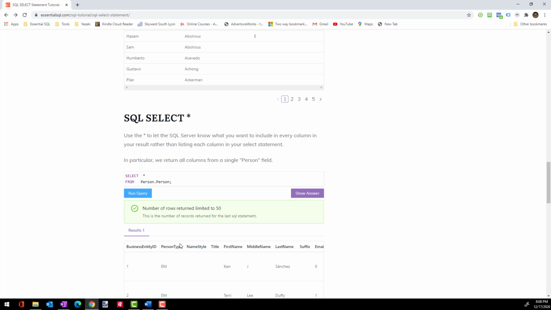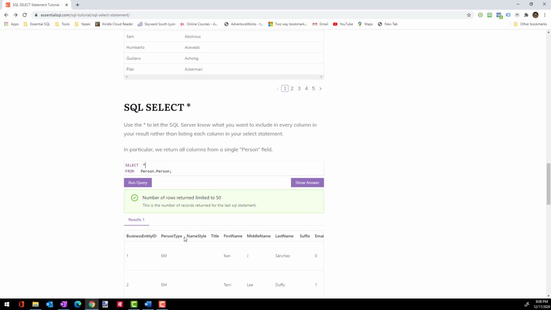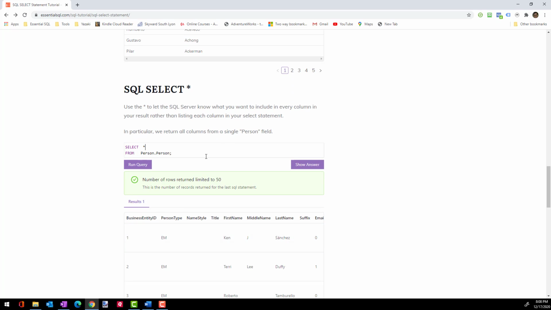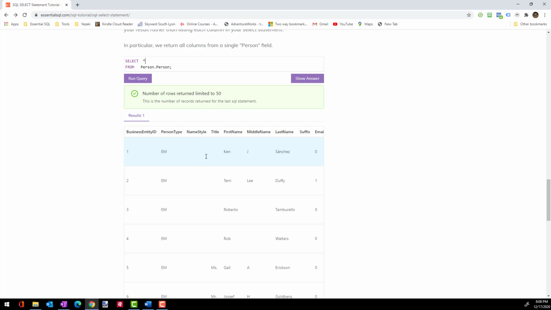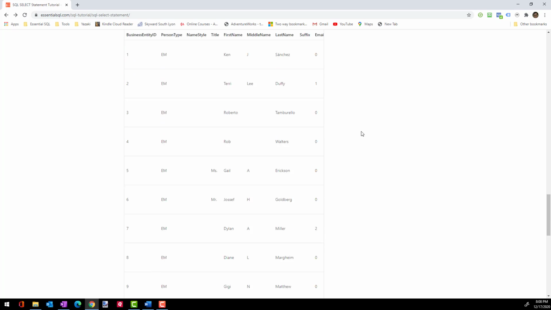When we run this on person here, it'll show us all the different columns that we have in the person table. So this is a nice way of exploring a table and what columns are in it. So you can use select star, but again, I wouldn't use it as your default go-to. I need to get some data out of this table. Oh, let's just use select star. No, you're better off selecting the columns you need instead of select star,